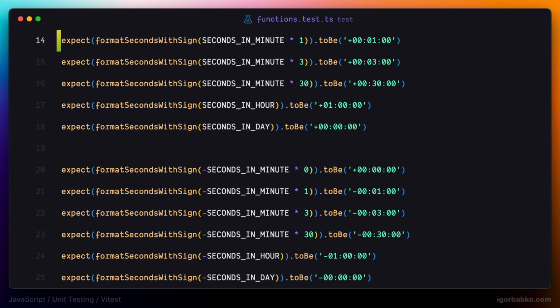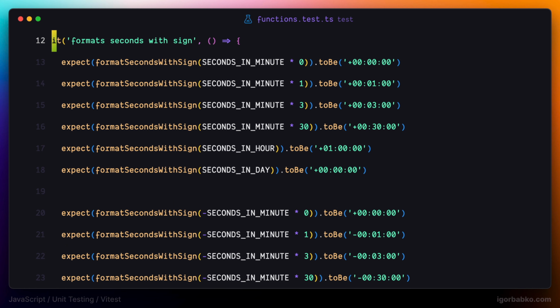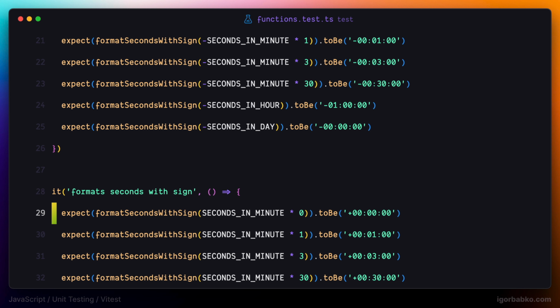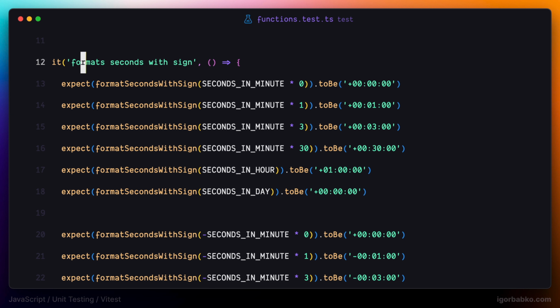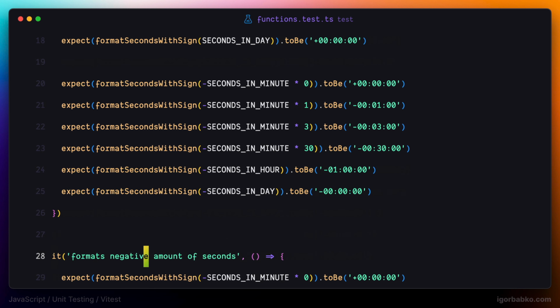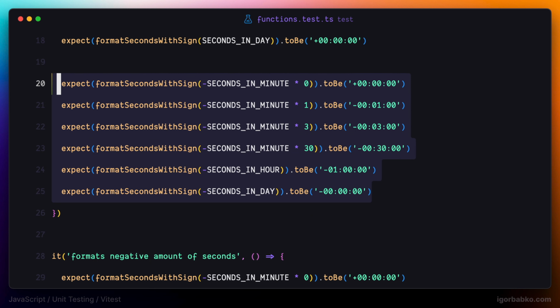So I'm gonna copy over this whole test, paste it down here, and in here I'm gonna just keep those function calls where we're passing a negative amount of seconds. And just to improve the description of this testing scenario, I'm going to rename the description and say it formats negative amount of seconds, like so. As for the first test, in here I'm gonna use almost the same description, but instead of negative, I'm gonna use positive. In this test, we will only keep those calls of formatSecondsWithSign function that accept a positive amount of